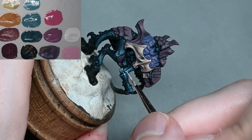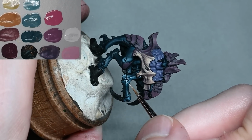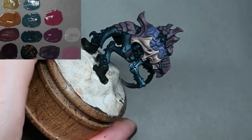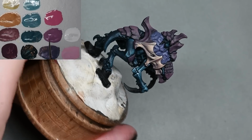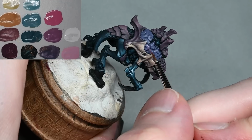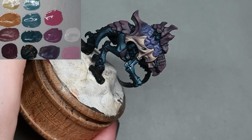I think I probably went a little bit high on the highlights at this stage as well. I was kind of thinking of the aliens from the Aliens film, the Ridley Scott films, the xenomorph. They're not really speckled, but because they're so shiny, you get very harsh highlights on them, because they've got that sort of glossy coating, and so any highlight is almost instant, going from white to the very dark color